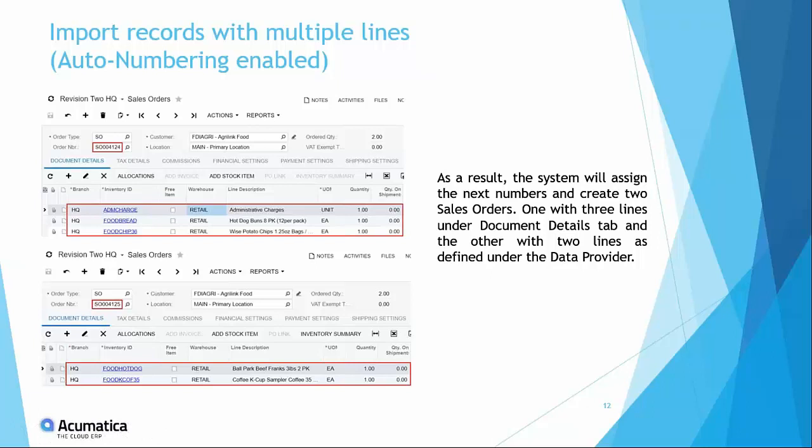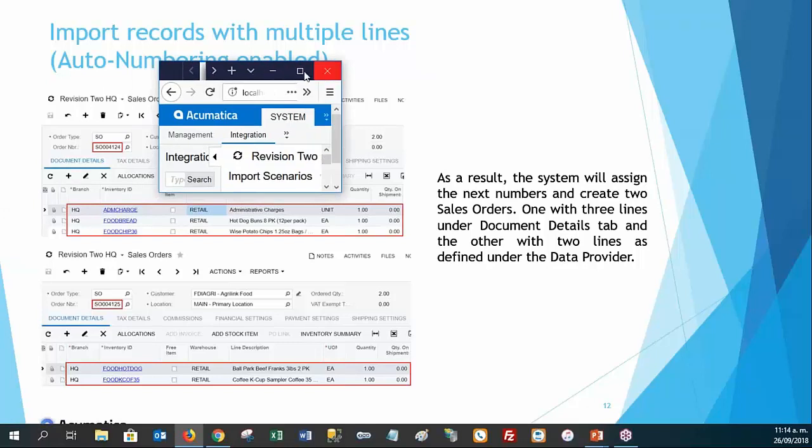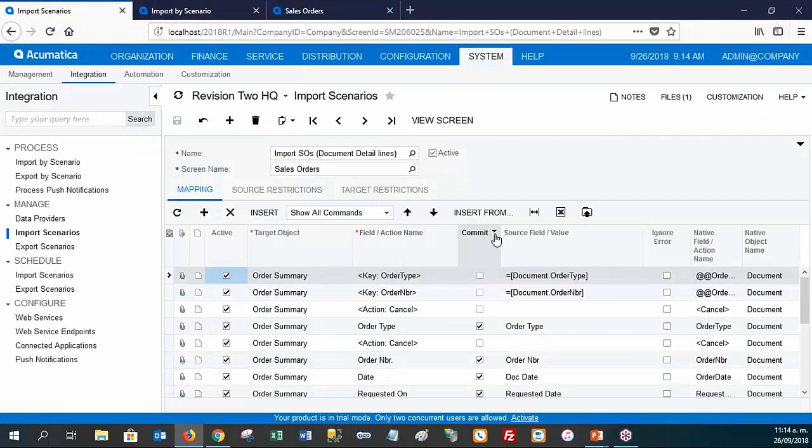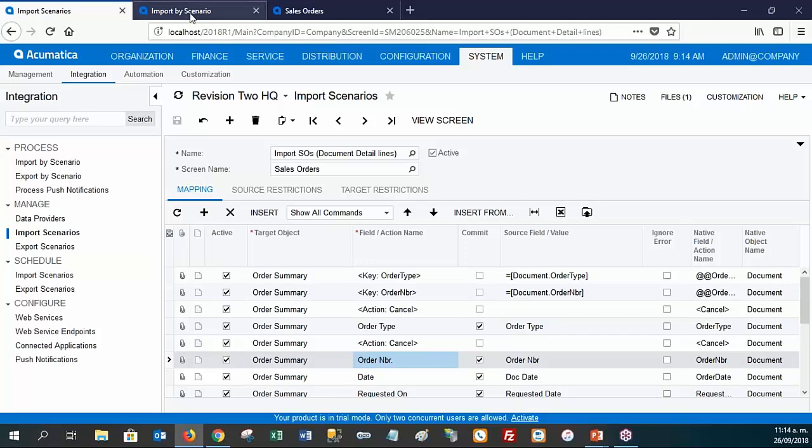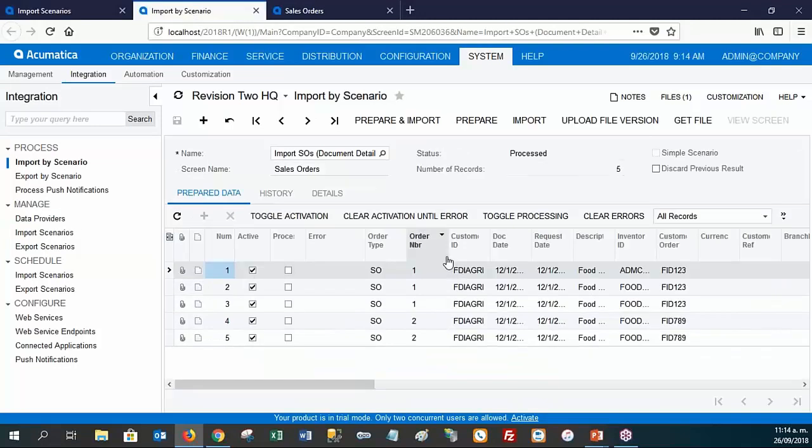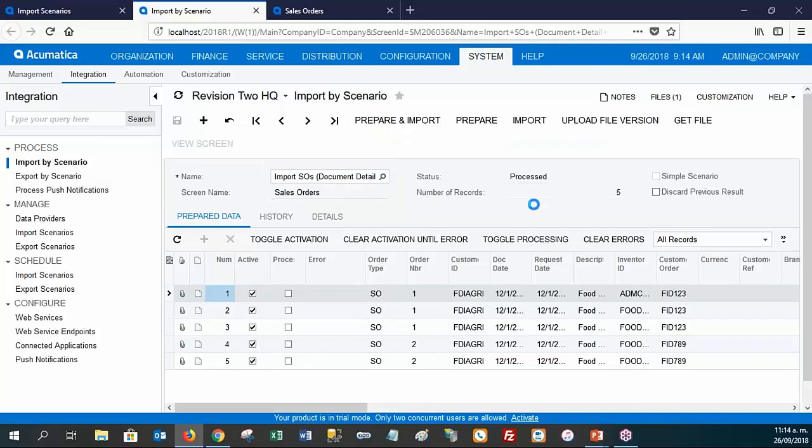I will pull up my Acumatica instance. I have my import scenario here so I can show you. Okay, so here is my instance. We have order number mapped to our order number column, which is in the Excel file. Here it's the same as what I showed you in the slides. For the order number, we have 3 lines that have value number 1 and a couple of lines with number 2. So when we import this,